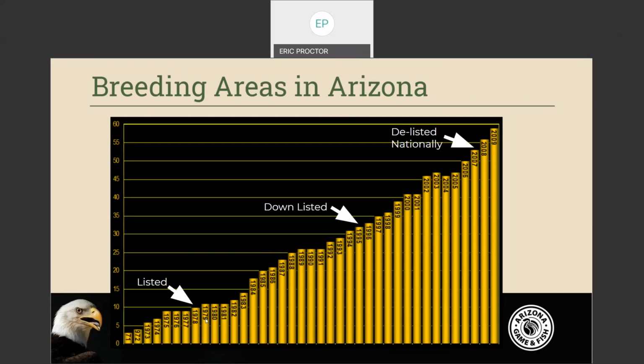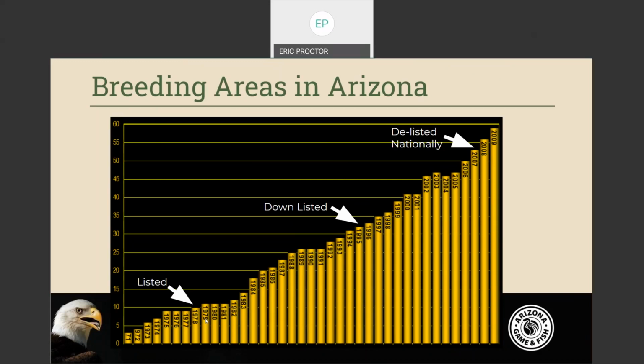The department began our annual nest surveys in 1985, utilizing helicopters to assess the remote canyons of Arizona's watersheds. As a result of a biological opinion in 1987, the U.S. Bureau of Reclamation funded a multi-million-dollar project to study the ecology of eagles in Arizona. Due to the efforts of this study and the nest surveys, as well as a number of other specific management actions towards bald eagles, Arizona had documented 36 breeding areas when the U.S. Fish and Wildlife Service downlisted the species from endangered to threatened in 1995 across all recovery regions.